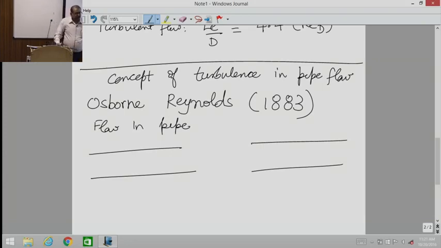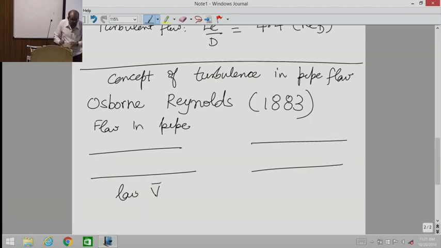And what he did was, the entry to the pipe was rounded off. There was a smooth cross section here, and he observed flow in a pipe. And how he observed it was, let's say it was flow of water, he put in a colored marker. He put a dye in the flow. So now what Reynolds observed was,